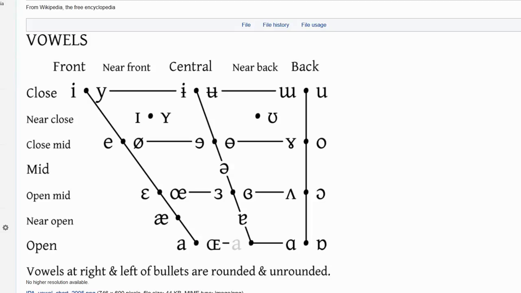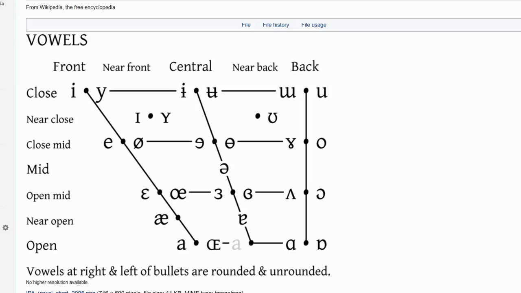ATR is also sometimes referred to as tense versus lax, like some of these vowels is the lax, and is the tense. But what counts as tense and lax can be completely different depending on which language you're looking at. The only ATR system that I'm actually properly familiar with is Mongolian, and the way it works in Mongolian,